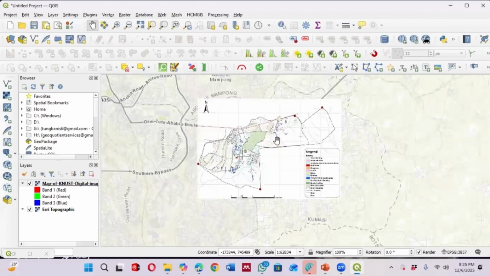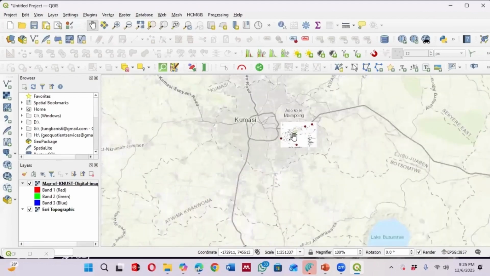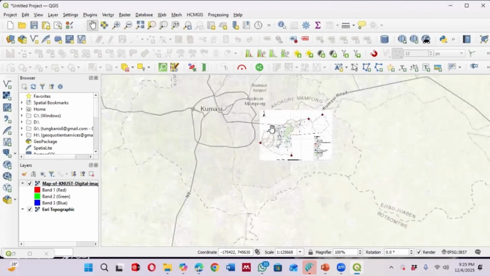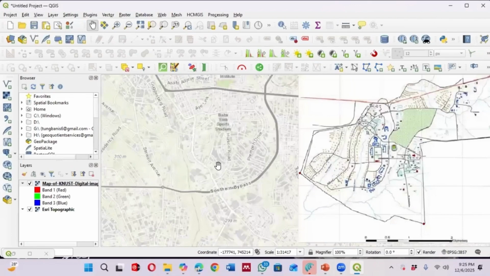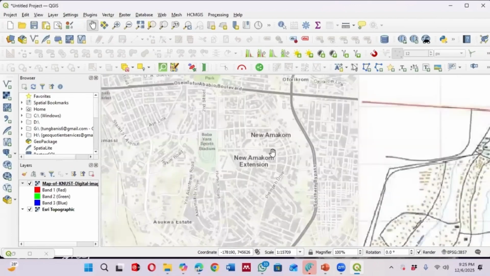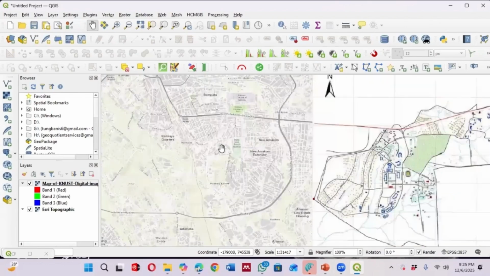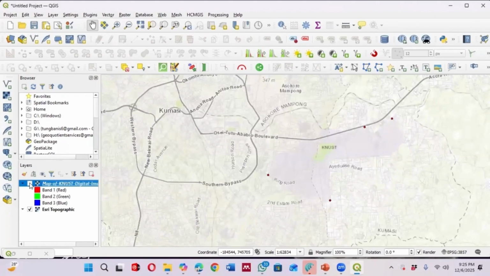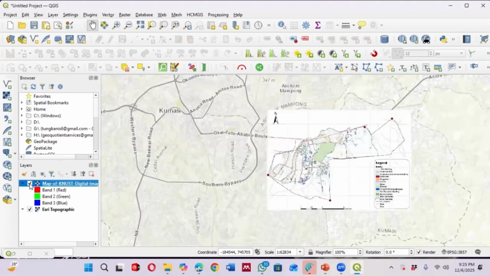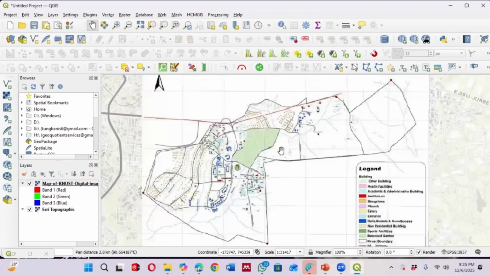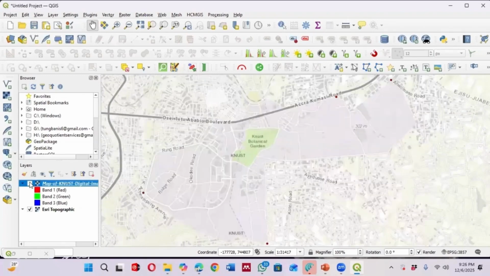So now let's look at it in the real world context and see whether it is aligning. Can you see that now the image is around KNUST, it's in Kumasi? Let's try to find out. Can you see it? Please, can you see it? Yes. So you realize that we have also used another method, the image-based georeferencing, to successfully georeference